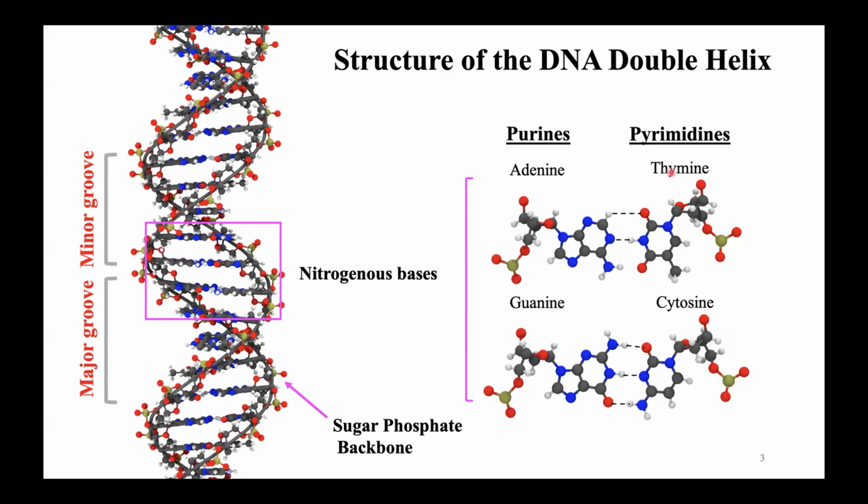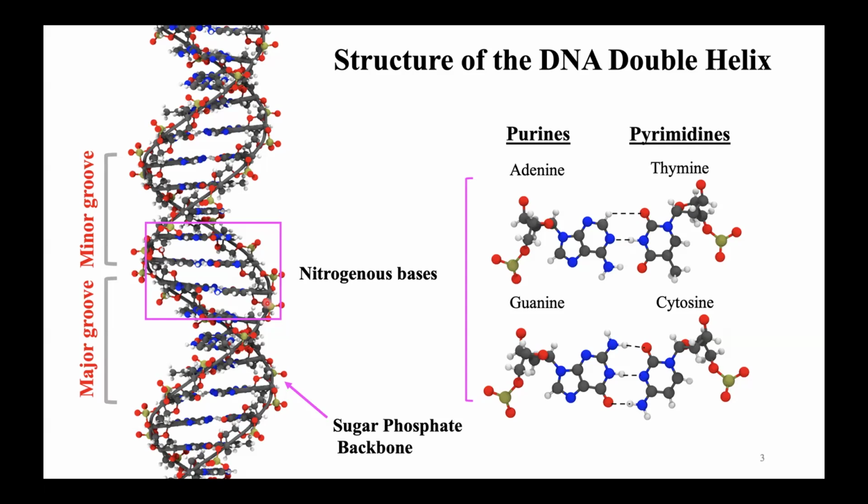Adenine pairs with thymine, guanine pairs with cytosine through complementary hydrogen bonding. The surface of DNA, as you can see, is not uniform, and the minor and major grooves can be distinguished. And it's well known nowadays that under physiological conditions, DNA is surrounded by water molecules and ions, which